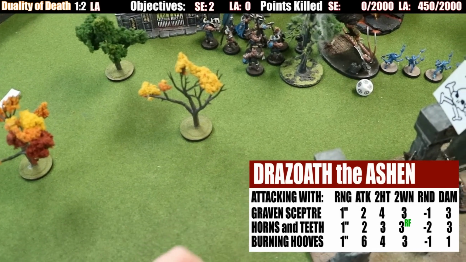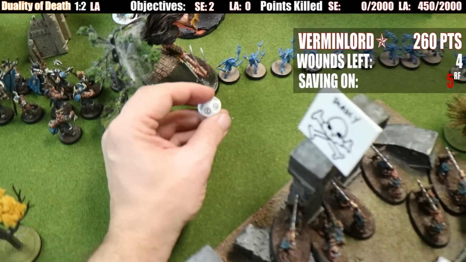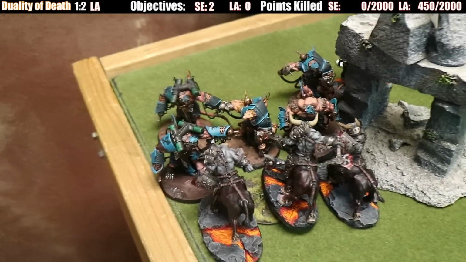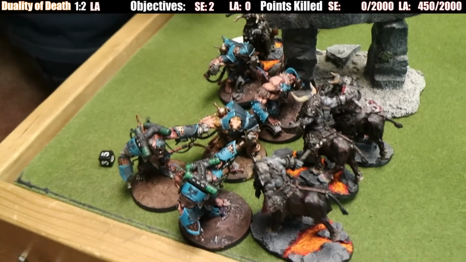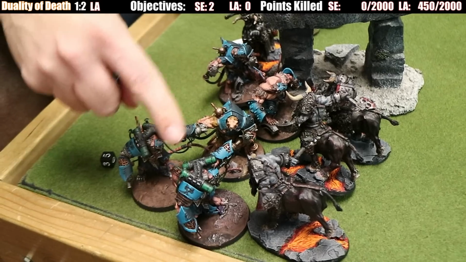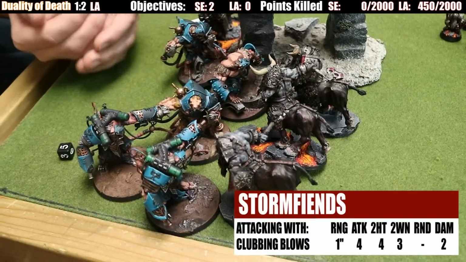Save 1. 1 save. 1 damage, right? Yep. Alright. Well, I mean, you tell me. 1 damage. Alright, so I'm reminding myself about unpredictable destruction, but I don't get it because there's no heroes over there. So there's going to be 3 Storm Fiends into the Bulls and 1 into the General. So the 3s in the Bulls are going to be 4s to hit,